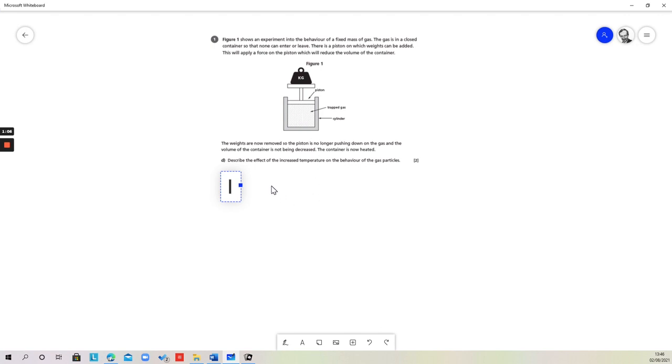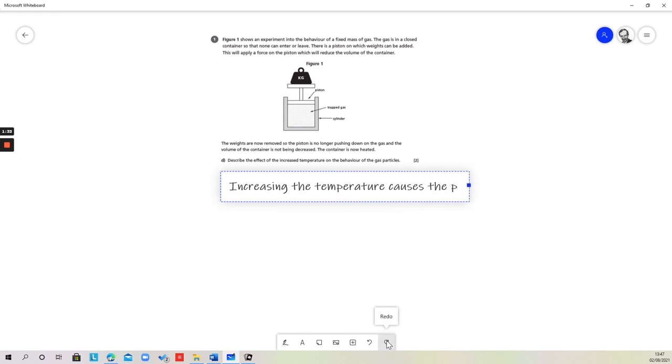And the question says, describe the effect of the increased temperature on the behavior of the gas particles, and as you can see there are 2 marks going on this. So we need to start off by talking about what the effect is of the increased temperature. So let's start off by saying that increasing the temperature, because this is what's happening to the gas here, causes